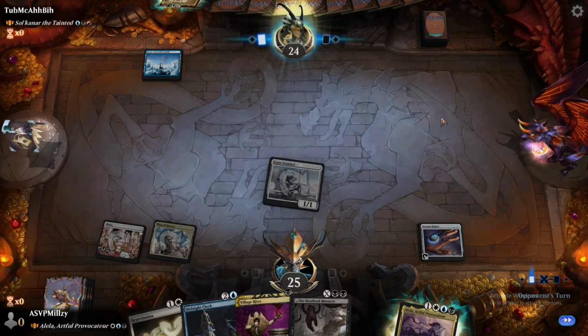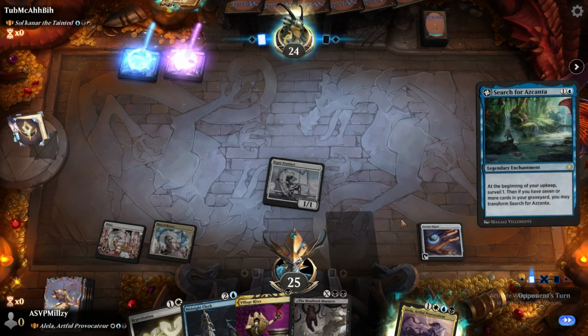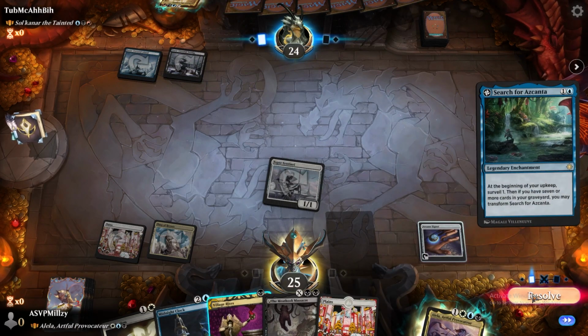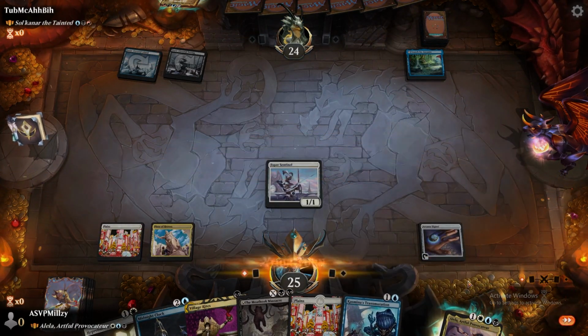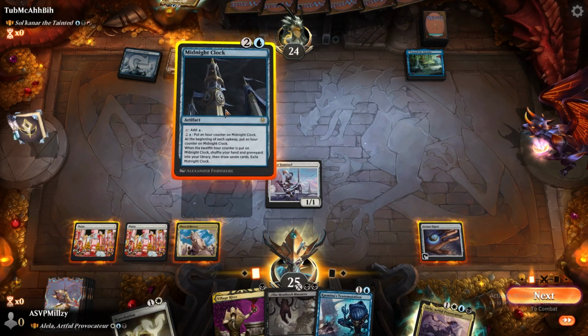We can get this Midnight Clock down. That'll give us another mana rock, keep us going. We see a search for Scanta. I will definitely take the draw. All right. Okay. So I don't think I can slam Alela yet. I feel like that's just asking for...